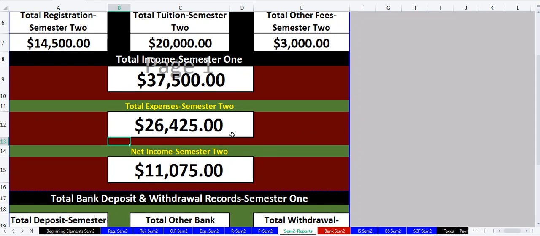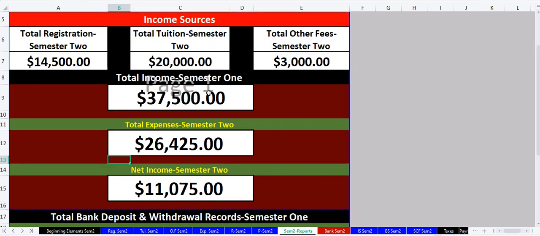There's a reason for that, because the balance sheet is adjusted from the previous year. So the previous semester. I want you to understand that the fact that you look here, you didn't see